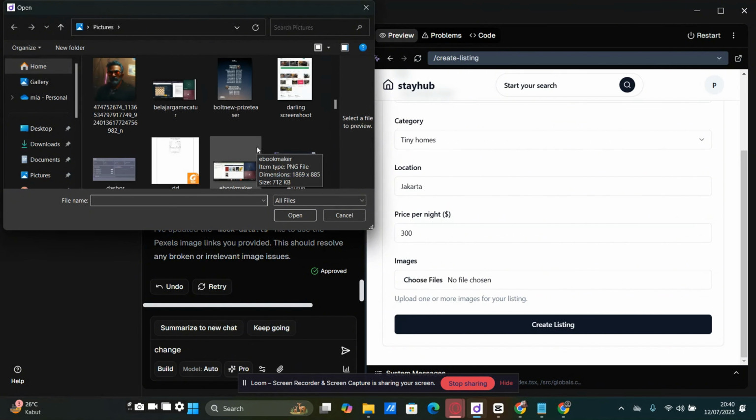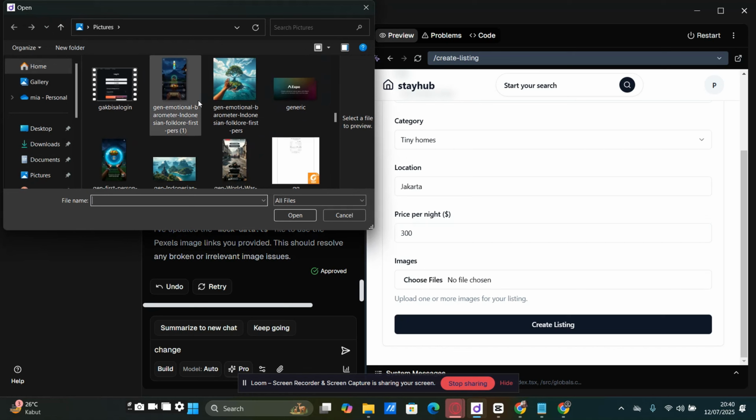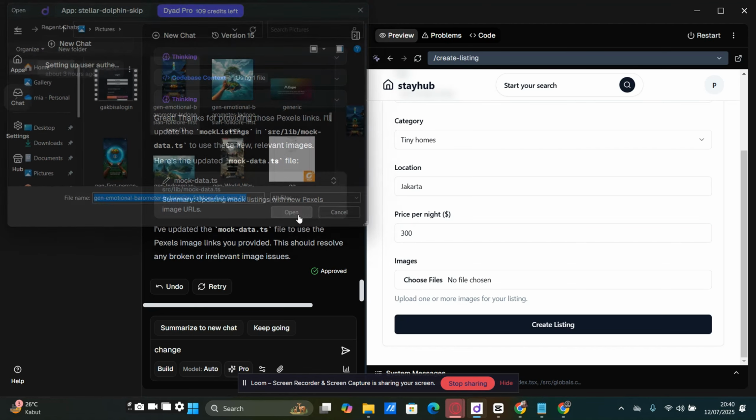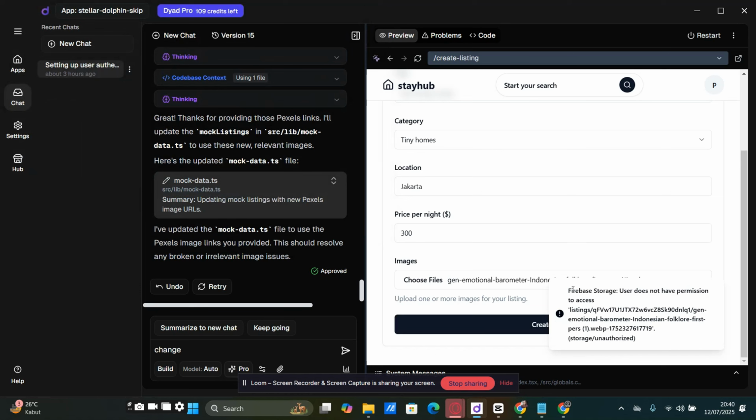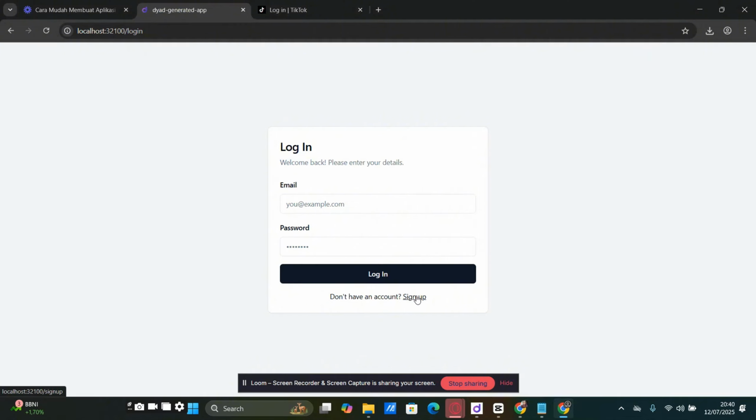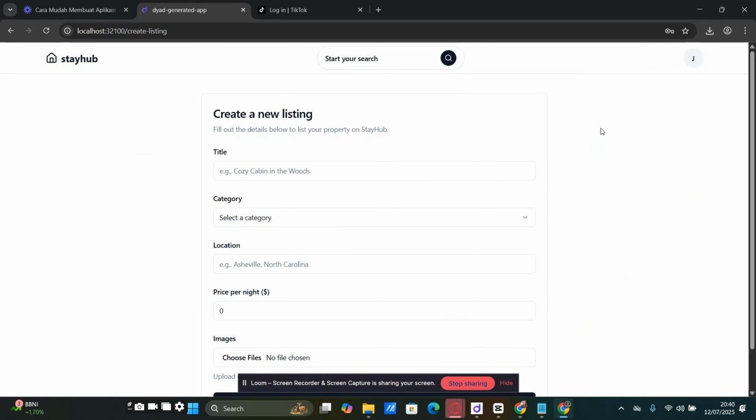Now you might see that our app is showing an error. Don't worry. To dive into the error details, you'll need to enable your Chrome Dev Console. Just go to More Tools in your browser options, then Developer Tools, and finally, Console. That's where you'll see the error pop up. Let's try listing the property again. You'll notice there's an error because we attempted to upload an image.